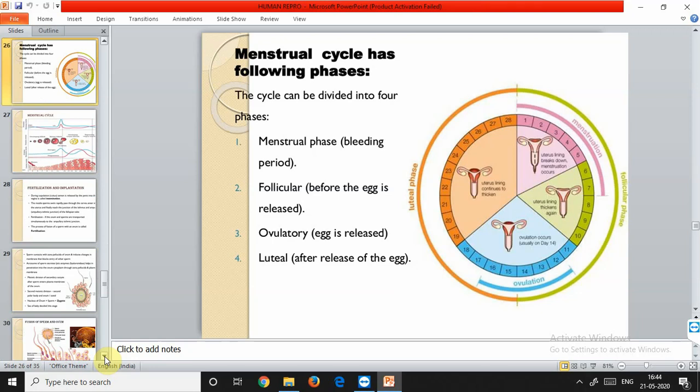So now the high levels of estrogen trigger the ovulatory surge. When the estrogen level is very high, it starts to trigger that. Now the cycle comes to the third phase, the ovulatory phase. The ovulatory phase involves ovulation from the Graafian follicle of the ovary. Now the ovum is released, and it occurs midway between two menstrual cycles, that is, on the 14th day from the onset of the menstrual cycle.